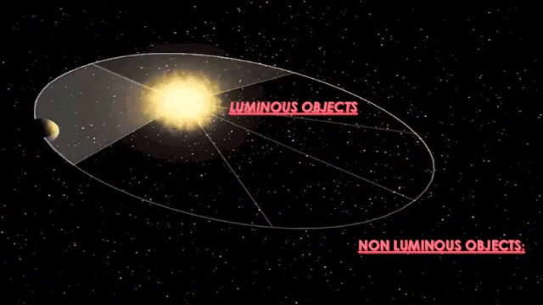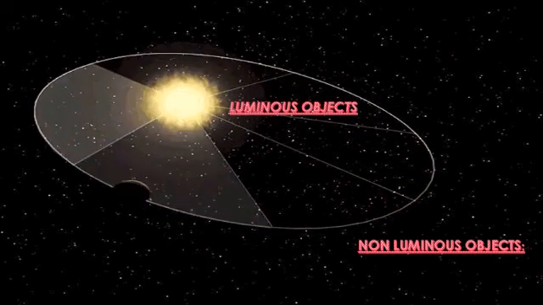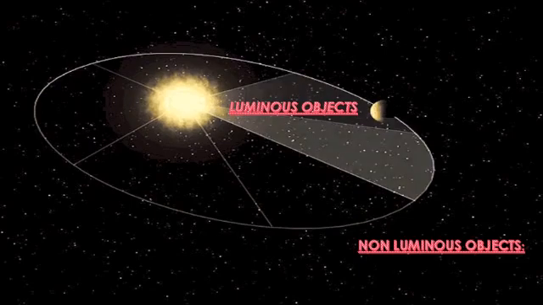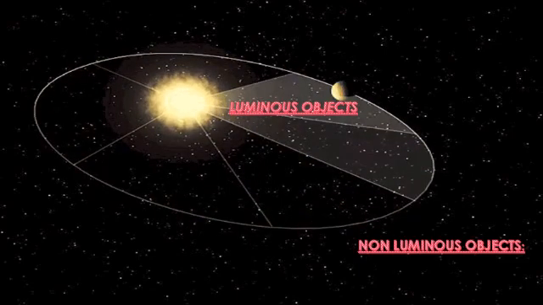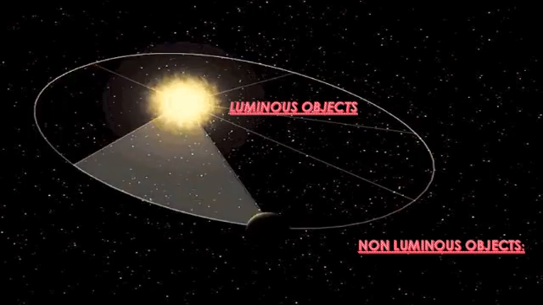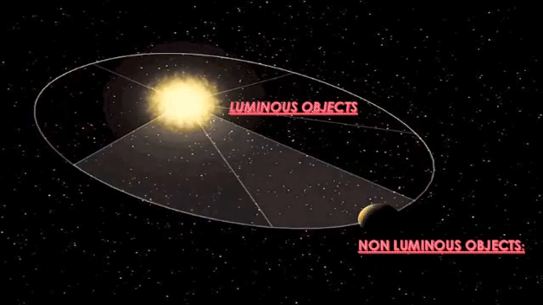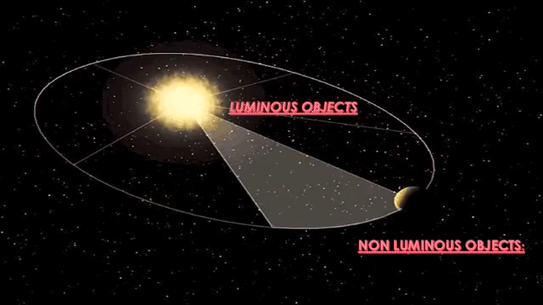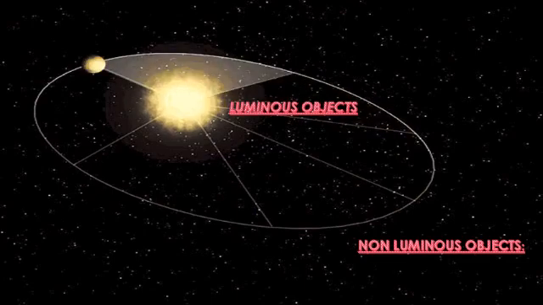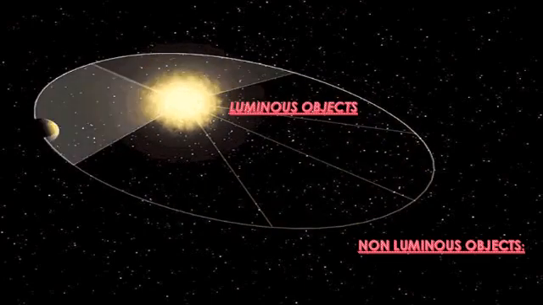So you can see here, dear students, in this video lesson you have studied about light. Light is produced by luminous objects, and luminous objects are giving their own light. And the planets that are revolving around the sun are all non-luminous and they don't produce their own light, they are only glowing due to luminous objects.